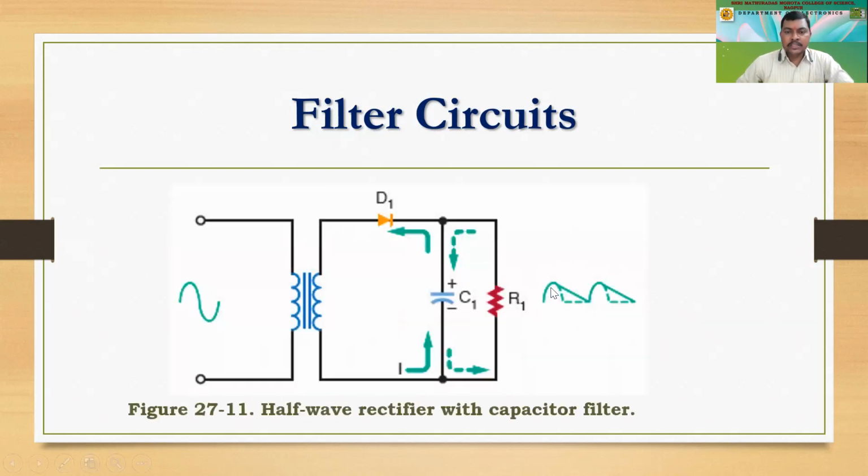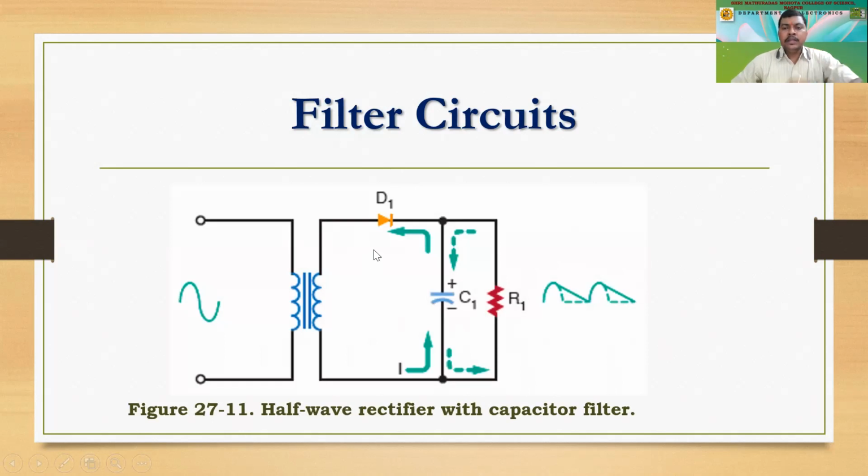Now to start with the filter circuit. Now what is a filter that we need to know? So the filter circuit is going to filter the pulsating DC, right? So after the rectifier circuit, we are supposed to get pulsating DC. That is the pulses, right? Sharp pulses we are expecting out of it, like this.